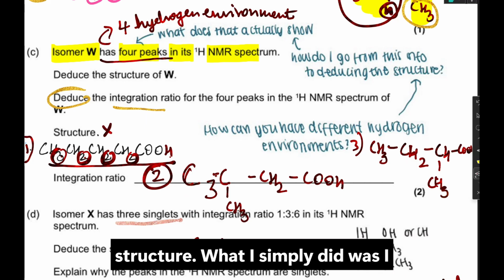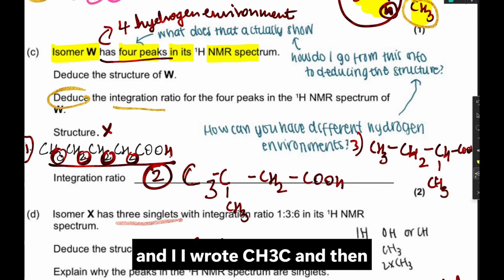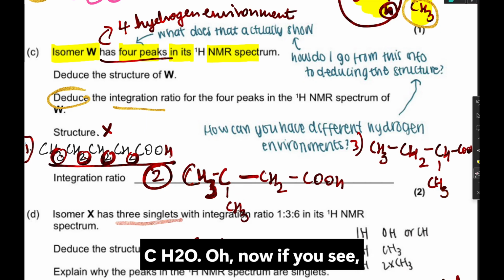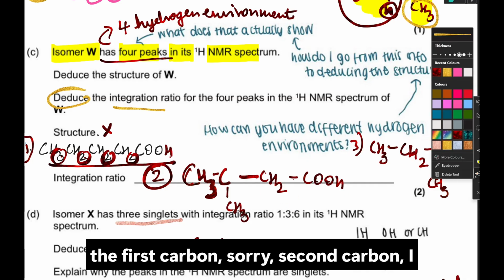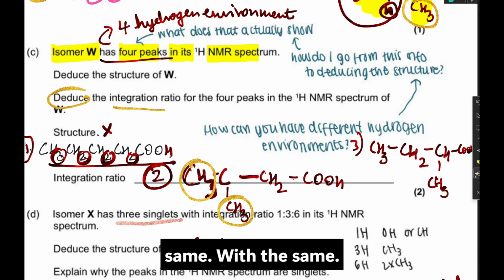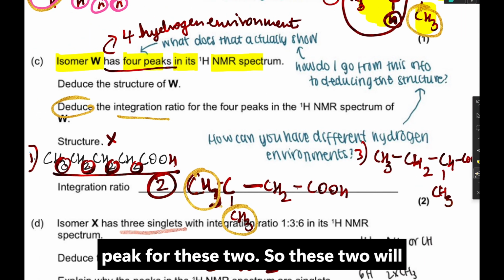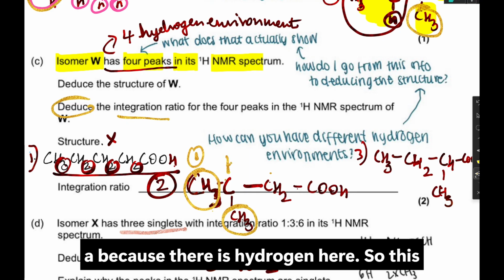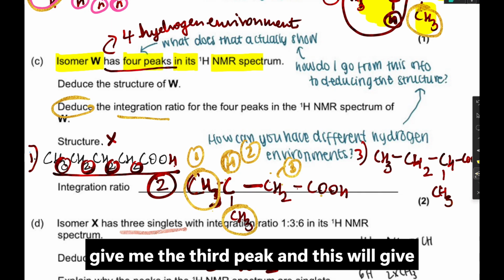Okay, let's look at the second structure. What I simply did was I moved one methyl group over here, and I wrote CH3C, and then I put the methyl group here, then CH2COOH. Now if you see, if I move this methyl group on the second carbon, I got these two methyl groups with the same environment. So I would have one peak for these two. This will give me the second peak because there is hydrogen here, and this will give me the third peak, and this will give me the fourth